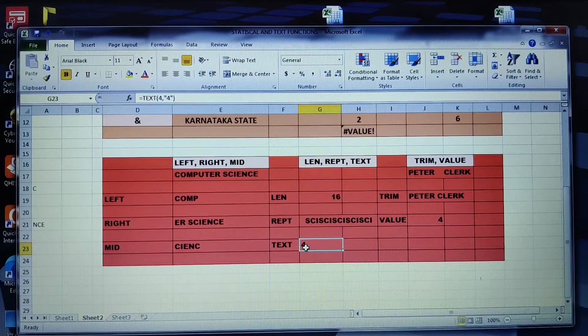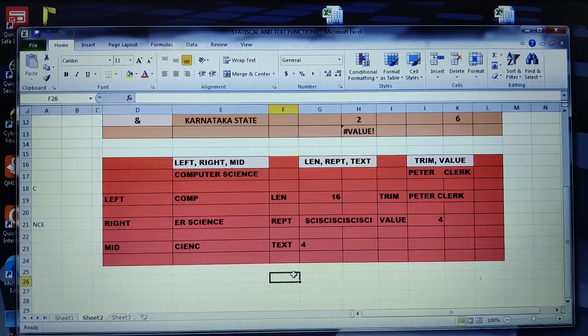Here what did I give is equals to, this is actually the number. Initially it was a number and I want to convert that number into text format. So when we want the text format, we should give it in double quotes. Let me show another example over here. How do we convert it?